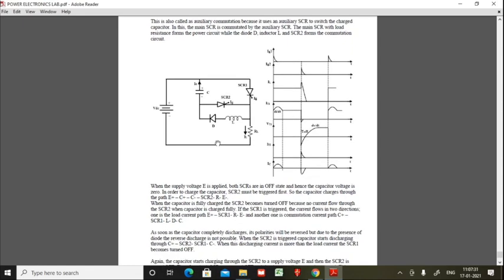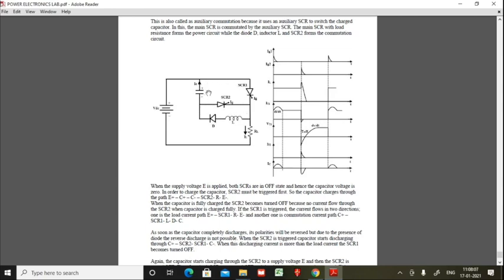With this understanding, we have understood how the circuit works. I'll just repeat it. First, you have to trigger SCR2, and your capacitor gets charged. Then you give a pulse to SCR1. There are two currents: one is the outer current, VDC through SCR1 and RL and minus VDC, and the next current is plus C, SCR1, L, D and back.